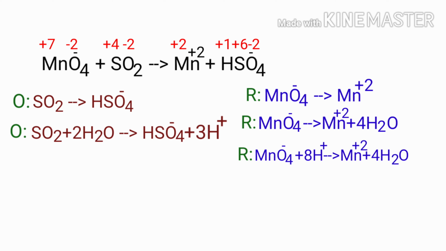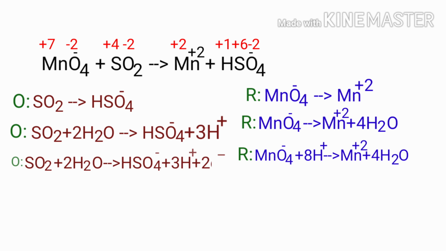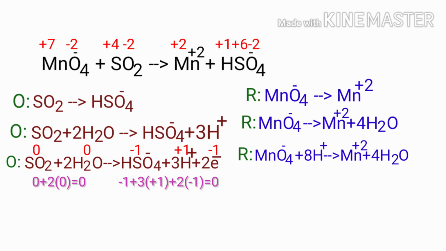For a redox reaction, the addition of charges on both sides should be equal. So try it in the oxidation half reaction. Both sides are not equal. To make them equal, you should add electrons, as you can't add protons. Thus, if you think of adding 2 protons to the left side to make it equal to +2, it is wrong. But you can add 2 electrons to the right side to make it equal to 0. Now the charges in the oxidation half reaction are equal.